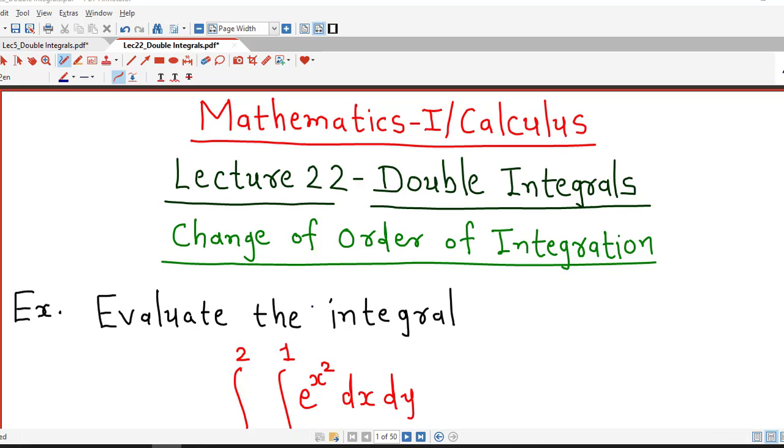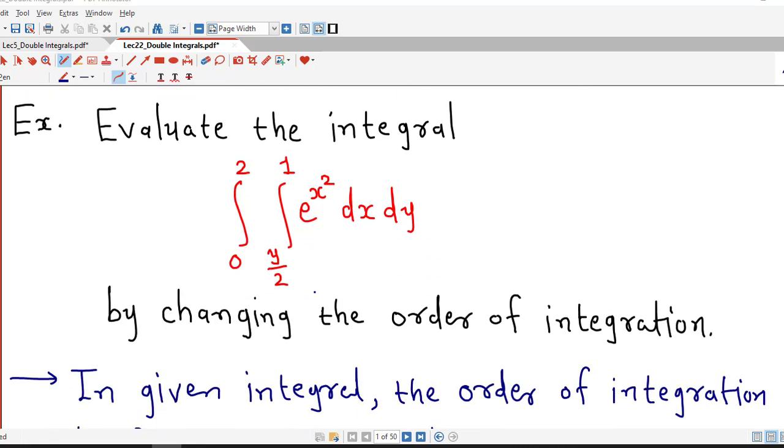So let's start with one more problem on change of order of integration. Here we are asked to evaluate this double integral by changing the order of integration. Here the order of integration is first with respect to x and then with respect to y. So we have to change this order such that the order of integration becomes first with respect to y and then